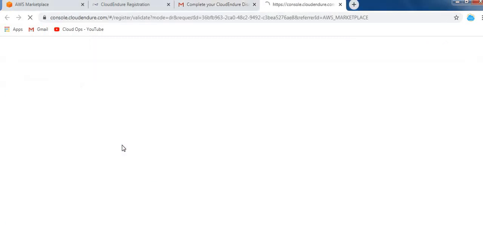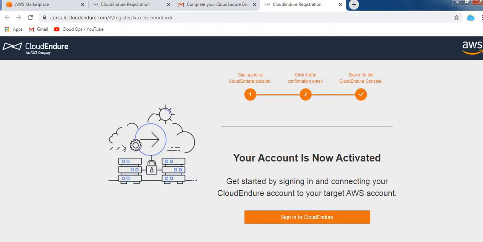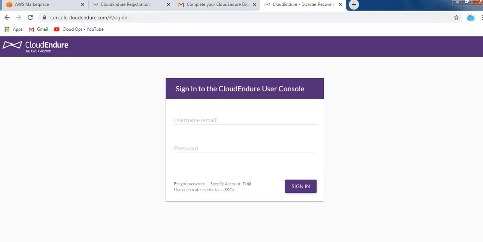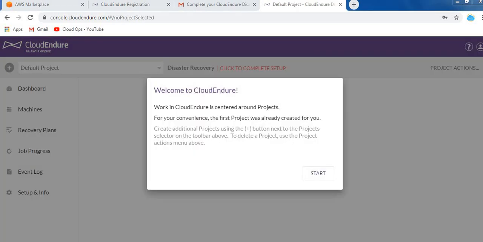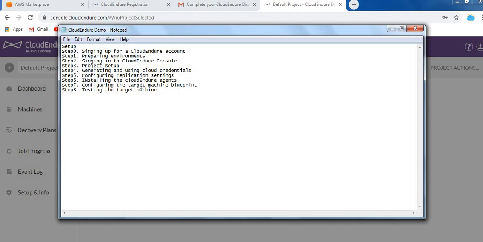Just click on this. Yes, now my account is activated. Now click on sign in to Cloud Endure. So I'm logged into Cloud Endure. Now we can see the welcome screen. So our step 0, signing up for a Cloud Endure account, is completed.